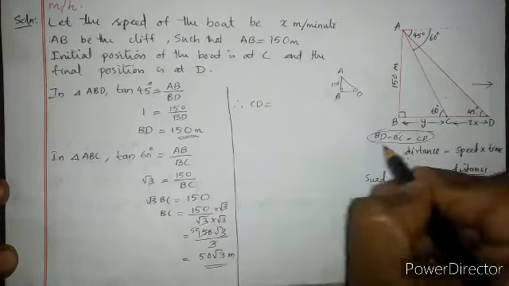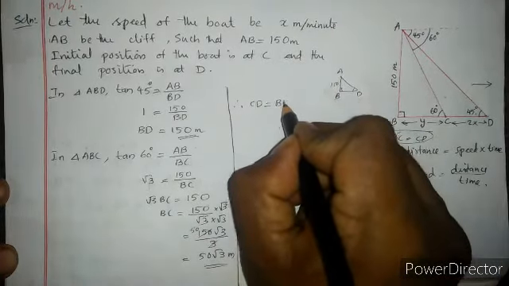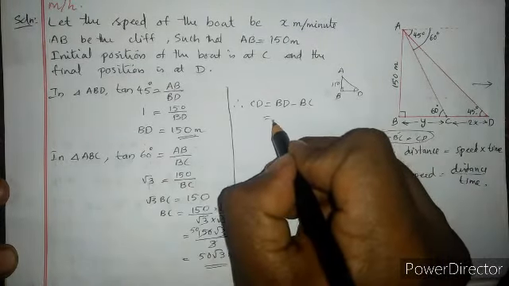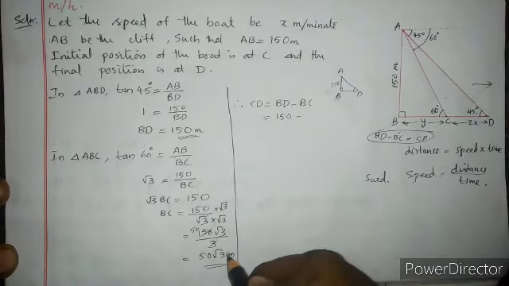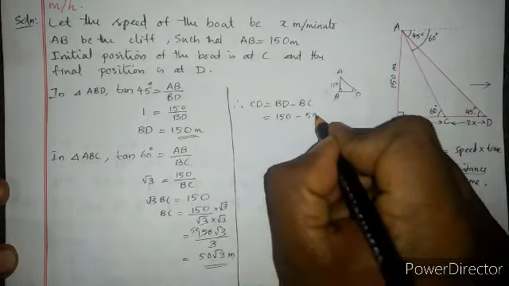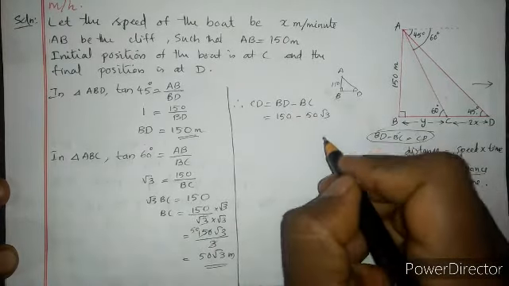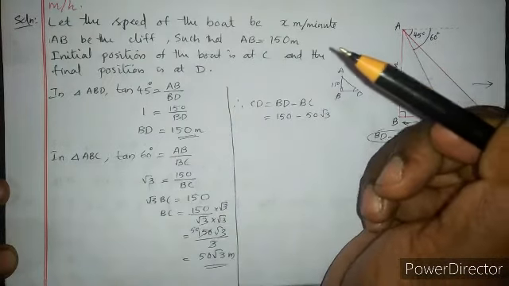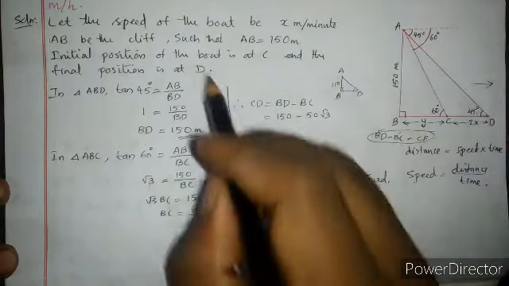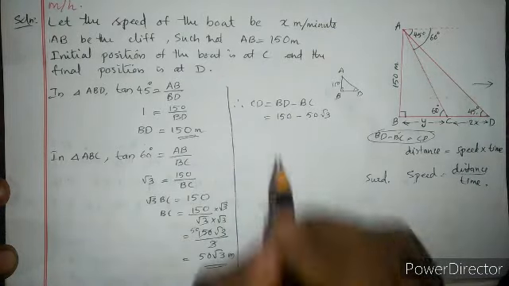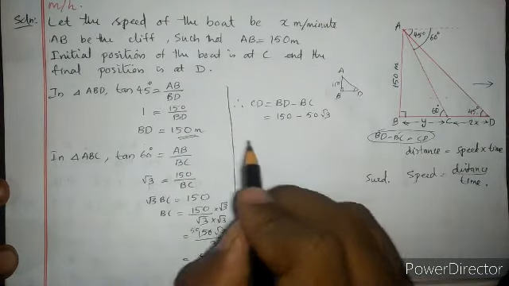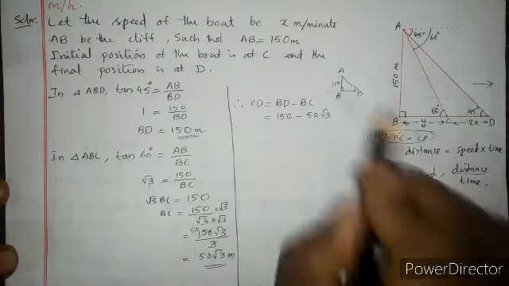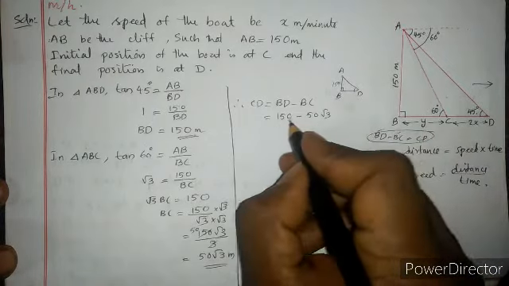Therefore, CD is equal to, you can write it that one, BD minus BC. What is your BD? It is 150 minus, what is this one? It is 50 रूट 3, राइट। इधर तो क्वेश्चन का अंदर रूट 3 का वैल्यू खास करके नहीं दिया था, रूट 3 इज इक्वल टू 1.7, 1.73, 1.732, ऐसा कई क्वेश्चन में दिया जाएगा। सो इफ द वैल्यू इज गिवन, देन यू हैव टू टेक दैट वैल्यू ओनली। बट इफ द वैल्यू इज नॉट गिवन, देयर इज नो नीड टू सब्स्टिट्यूट। अगर कट होने वाला चीज है तो कट होने दीजिए, नहीं है तो रहने दीजिए, स्टिल यू विल गेट द फुल मार्क्स।